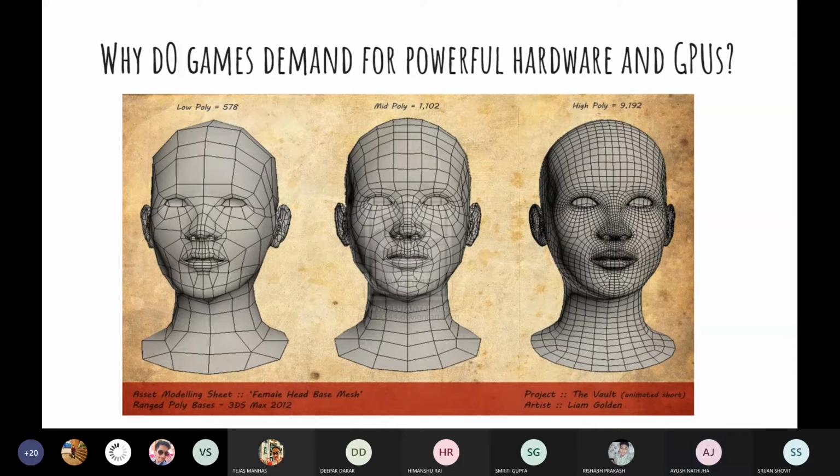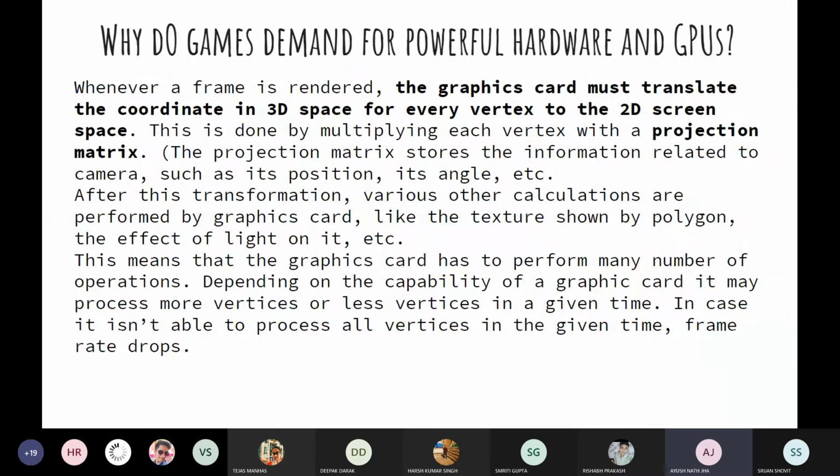Yes, sir. So it is because of this that we need powerful hardware and GPUs. The next slide has the proper explanation. When a frame is rendered, the graphics card must translate the coordinate in 3D space for every vertex to the 2D screen space.